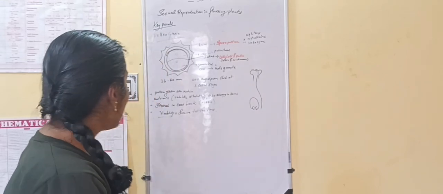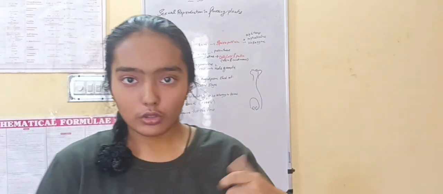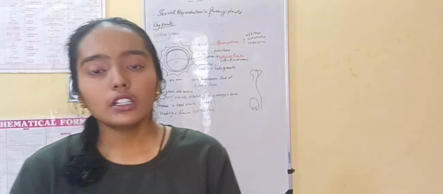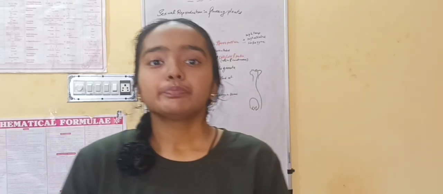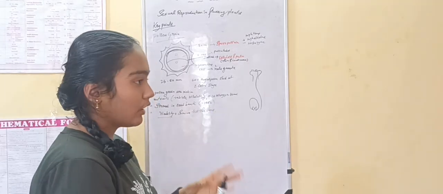So the viability, when the pollen grains get released, I already told you, the dehiscence of the pollen grain takes place. When they get dehiscence, when they separate out, they basically differentiate, like I already told you, like the pollen